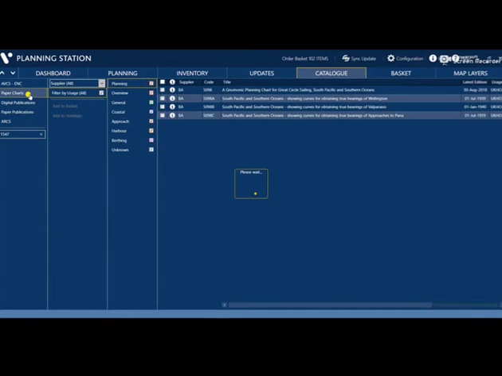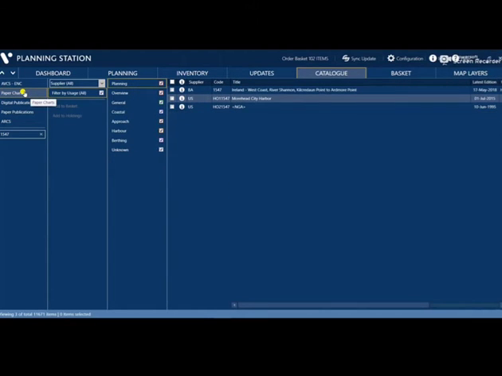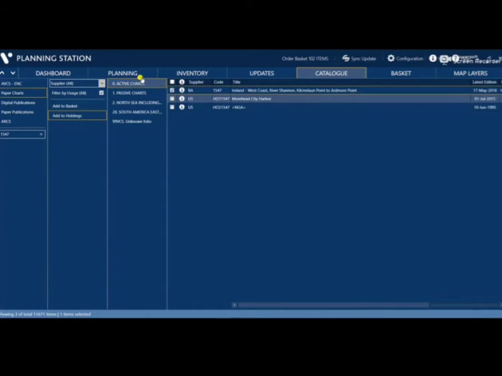Paper chart, you click this paper chart first and just type here in the search option 1547, and as you can see here, I have the active chart and the passive chart.